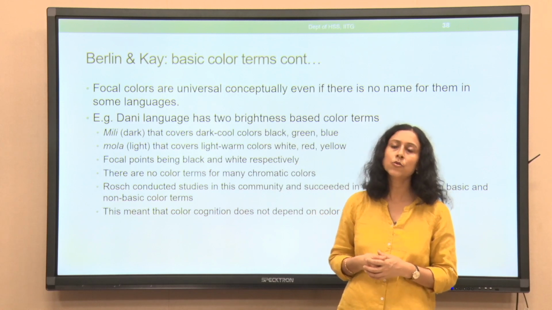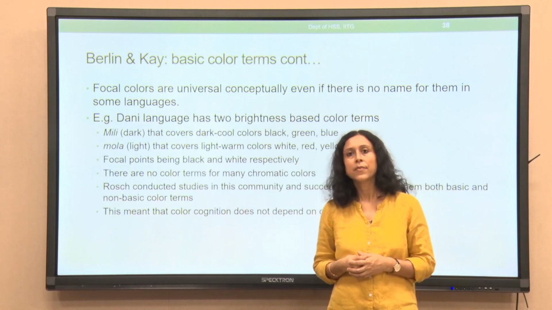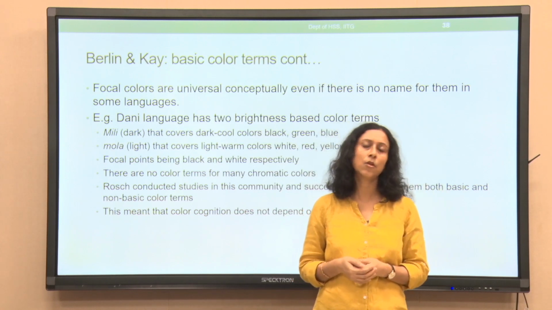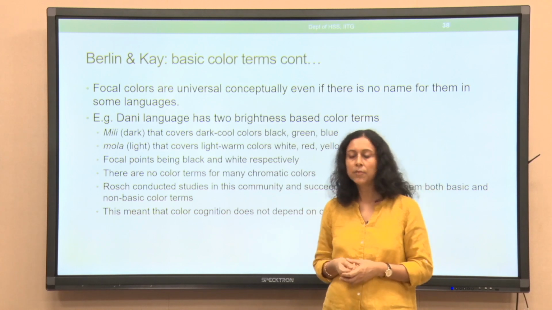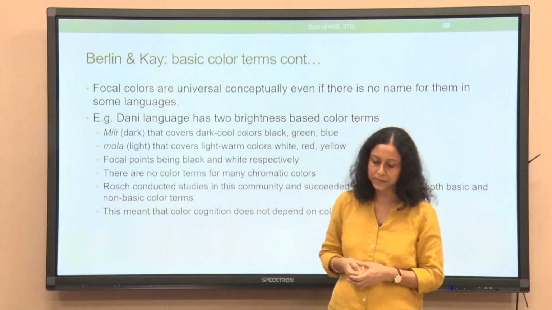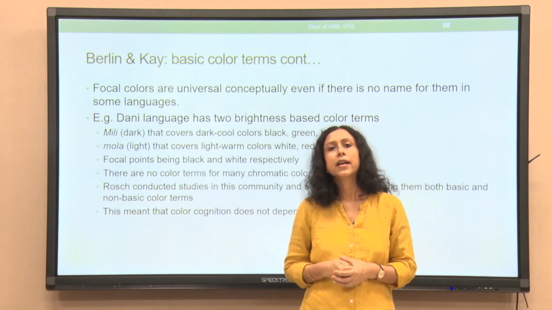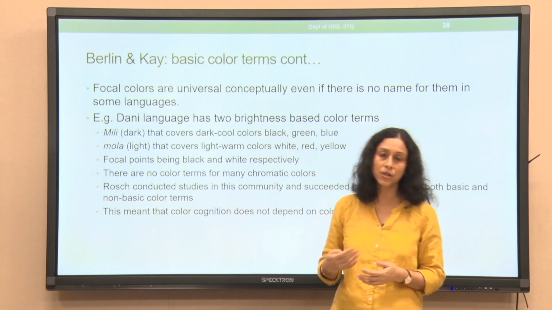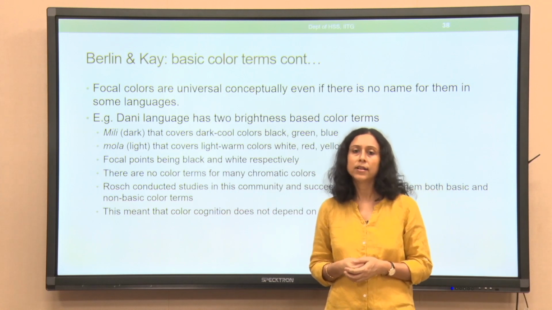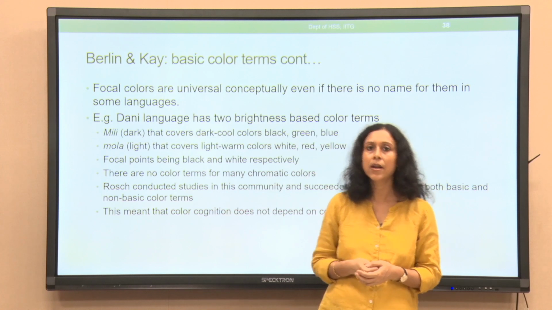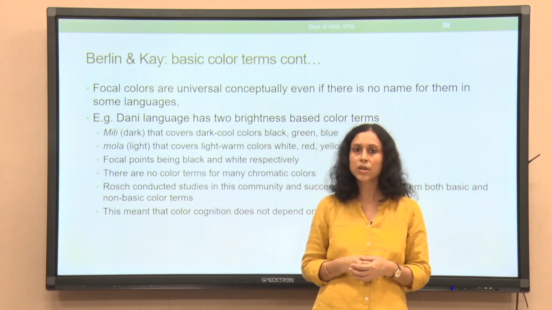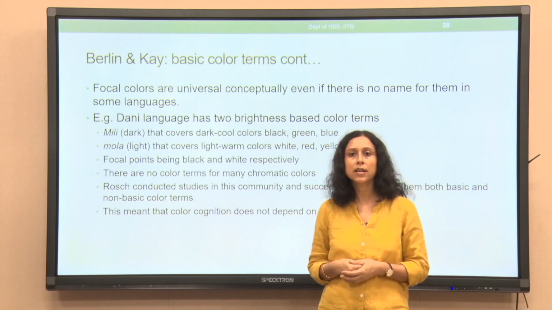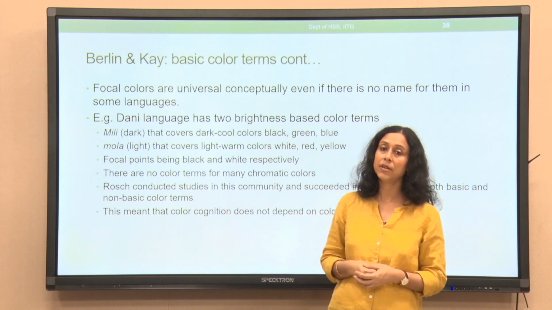It ranges from 2 to 11. There are languages which have only 2 color terms, and on the other hand there are languages that have 11 color terms. All the other languages are in the middle of these two extreme points on the spectrum. Now, the question is, if a language does not have names, that is, the codes for the chromatic colors, what does this mean? Does it mean that they will have only one particular focal color? So, if in the case of Dani it is Mola and Mili, do they have similar kinds of focal colors, or are there possibilities of differences and so on?